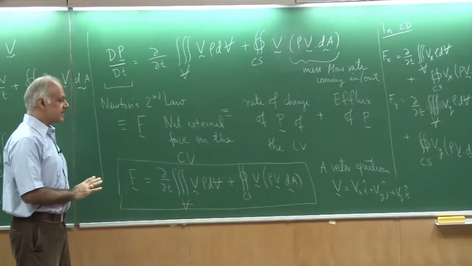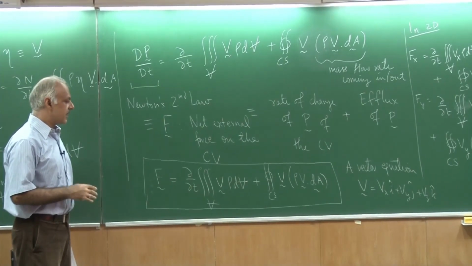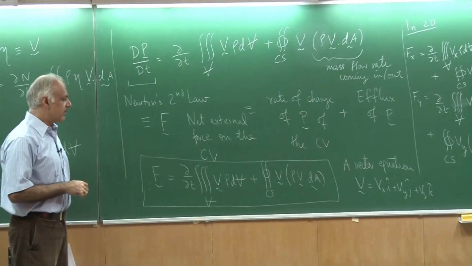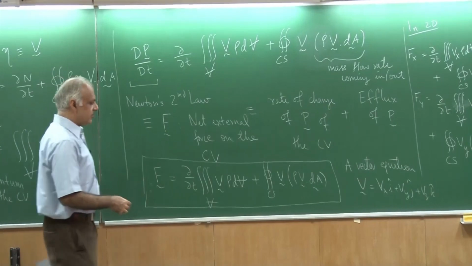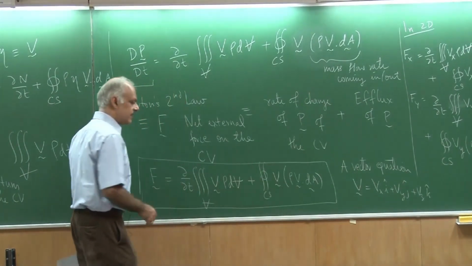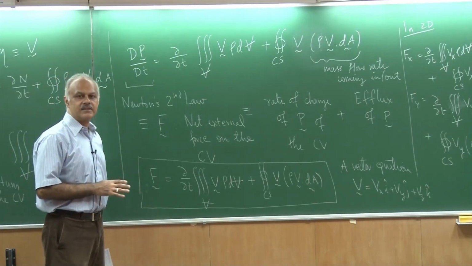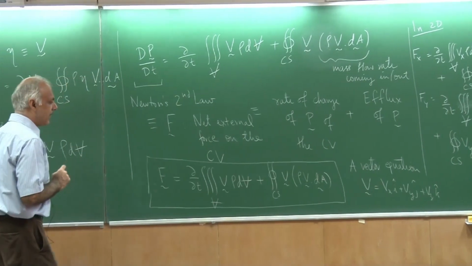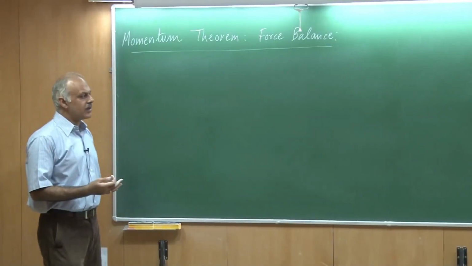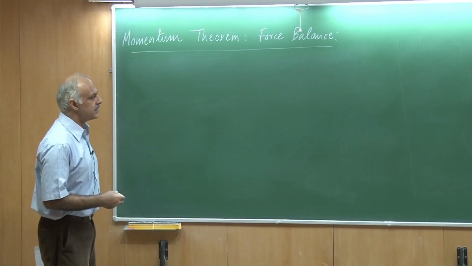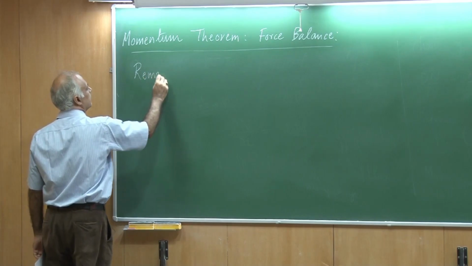So this equation makes no assumptions about whether you have incompressible flow or compressible flow, whether the flow is 2-dimensional or 3-dimensional, whether it is steady or unsteady. You can have density that is changing inside the control volume or at the exit ports. So it's an extremely general equation, and yet it has some assumptions which maybe I should point out. Okay, so let's look at some properties here, some assumptions. I just want to make a few remarks.